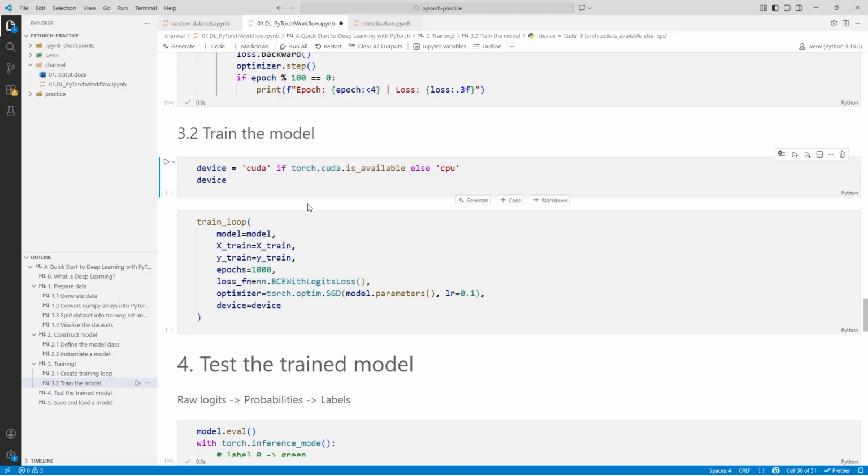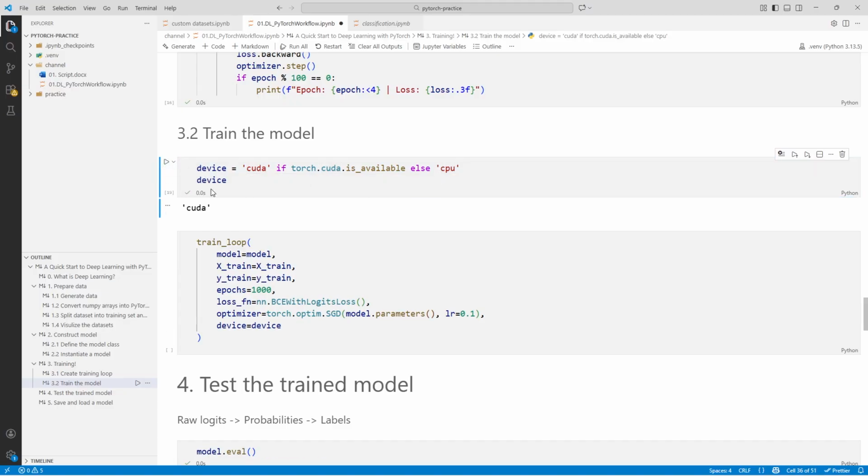Finally, let's train our model using the training loop. Before training we can set the target device using this device agnostic code. If we have GPU, then use GPU, otherwise use CPU. Yeah, that's good, we have a GPU.